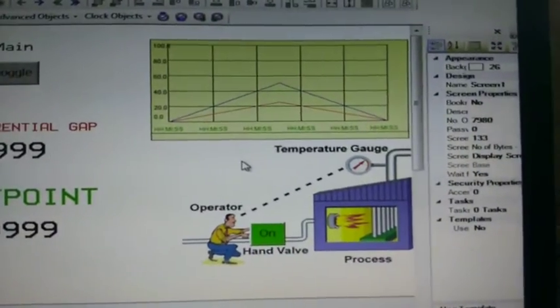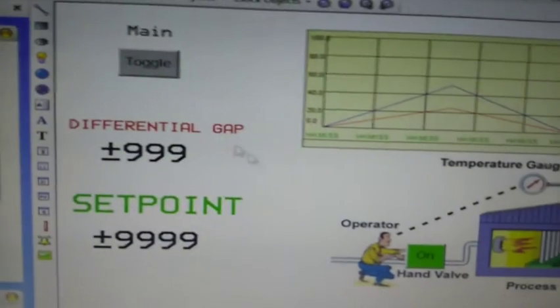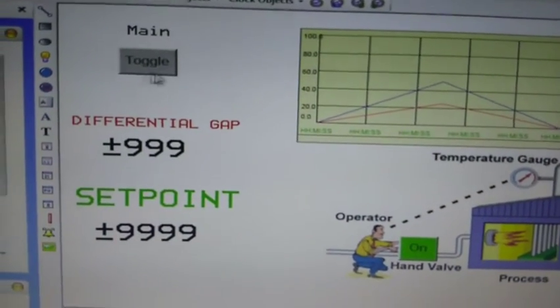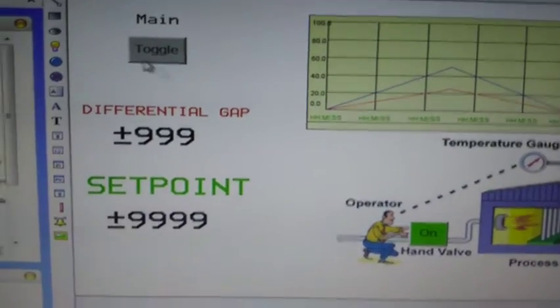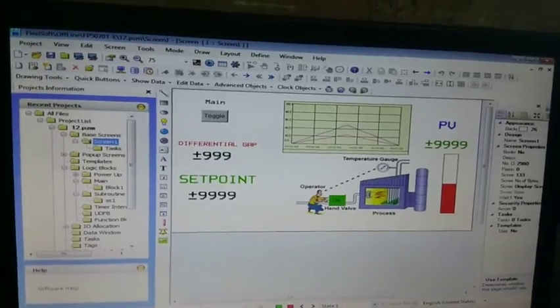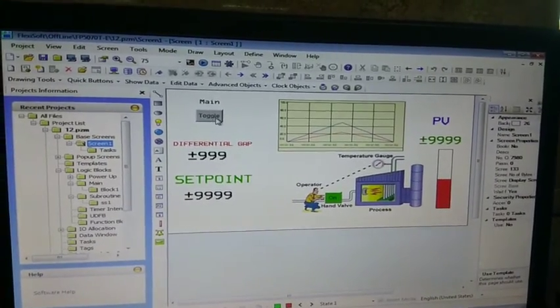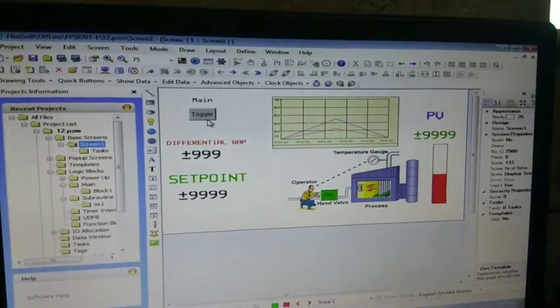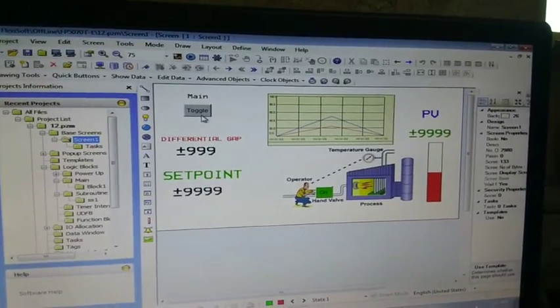See what these things are here. This is the main toggle switch for on off control. In the main, that is the on off switch in the process, the start or stop switch.